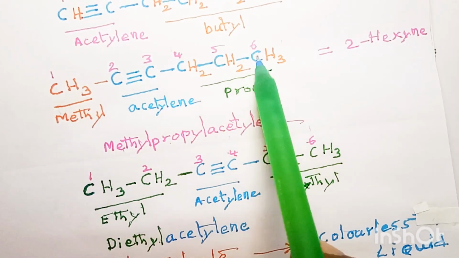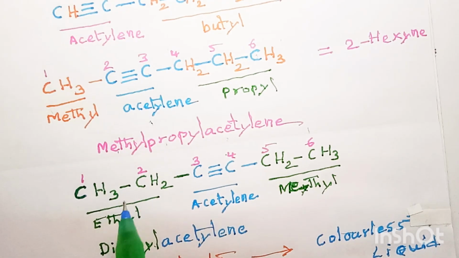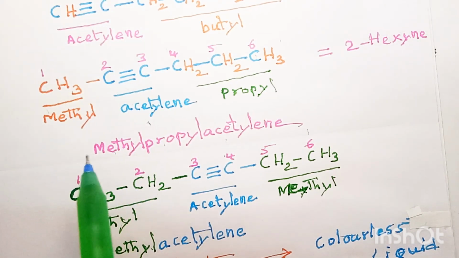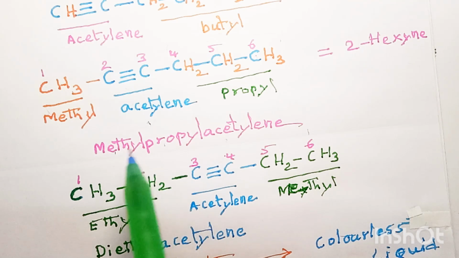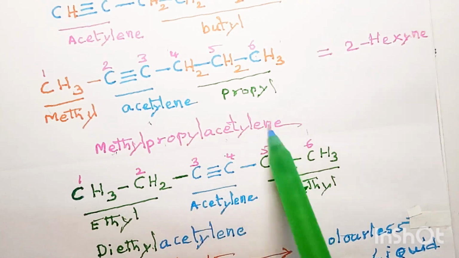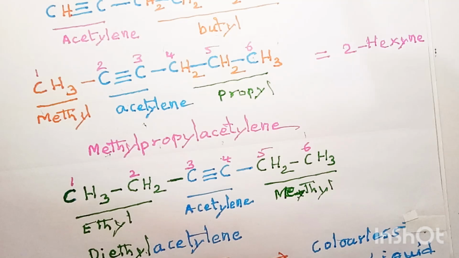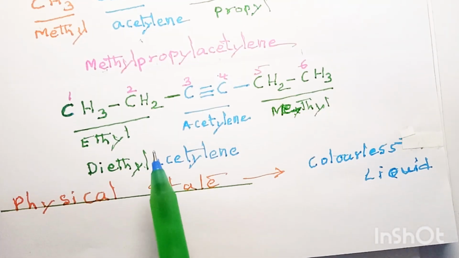Methyl propyl acetylene, because of alphabetical order: M comes before P. So it is methyl propyl acetylene. These are the common names. Another name for this can be